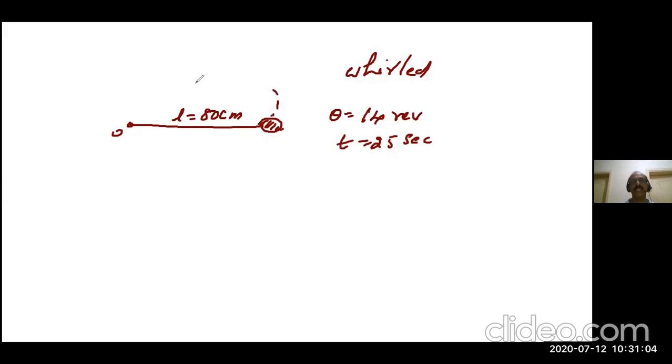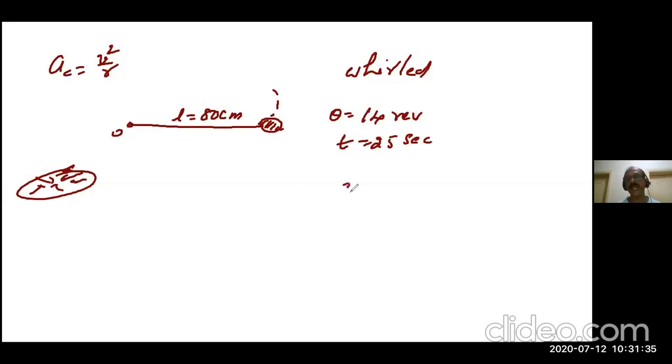When this is rotating in a horizontal circle, acceleration is acting towards the center. That's called centripetal acceleration, right? Formula for acceleration: a_c is equal to, tell me which formula you want. V squared by R, or we can write R omega squared. Any formula you can use. There are two formulas, but omega is not given here. We can find out omega, right?